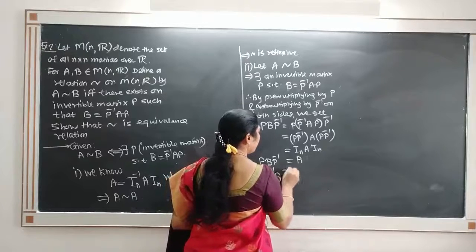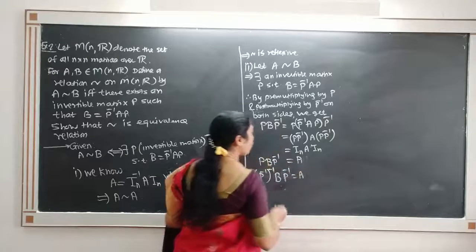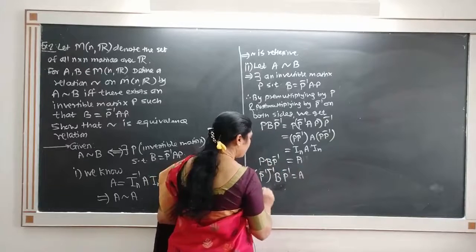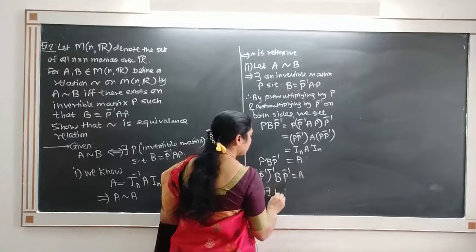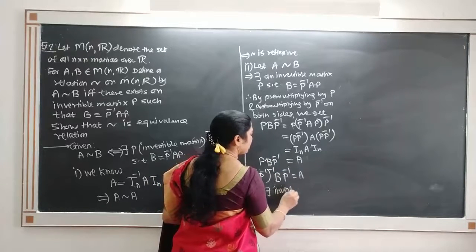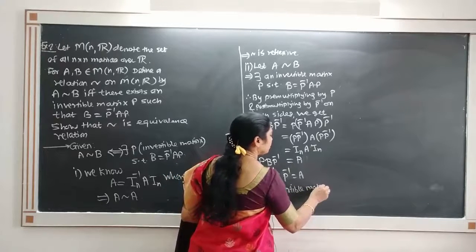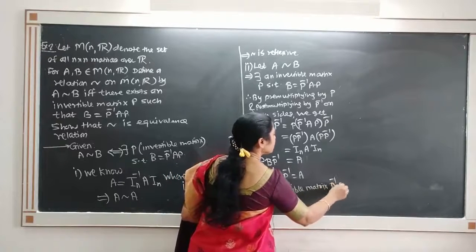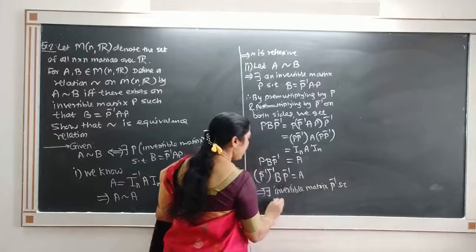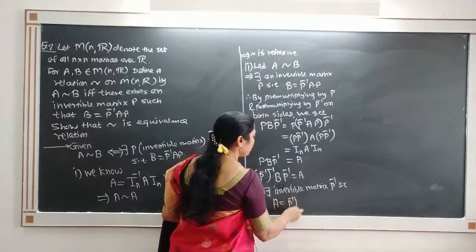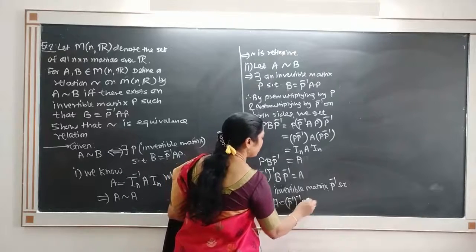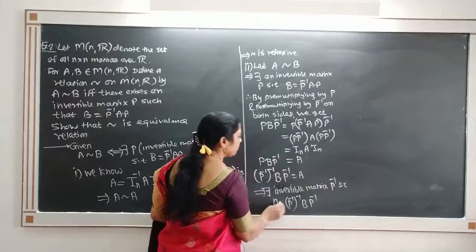B, P inverse is equal to A. And observe that, therefore, this implies that there exists an invertible matrix P inverse such that A is equal to P inverse inverse into B into P inverse,